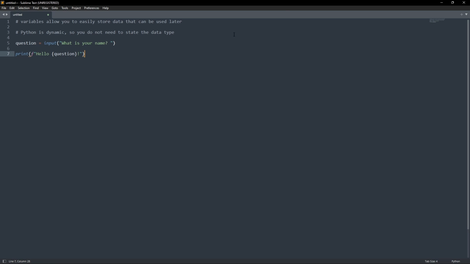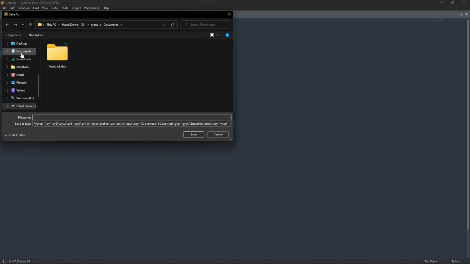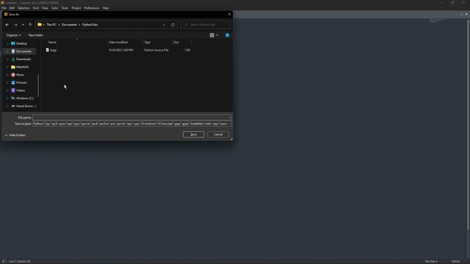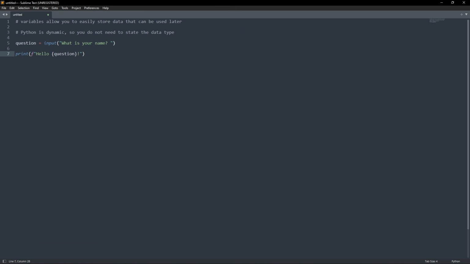And essentially what this will do is that it'll take input and store it in this question variable so that we can print it out later. We'll call this vars.py, save it here,